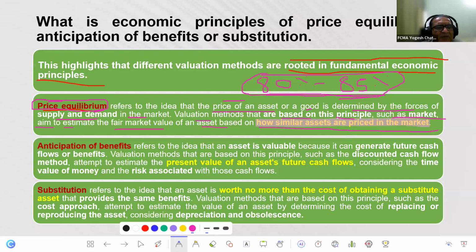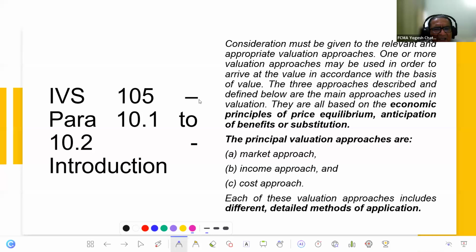And the price prevailing in the market will always have the upper hand, because that is based on the details of the actual transaction, whether that is executed or not executed. So the market approach is very important, rooted in the fundamental economic principle of price equilibrium. So that is about the market approach. And if we move further,